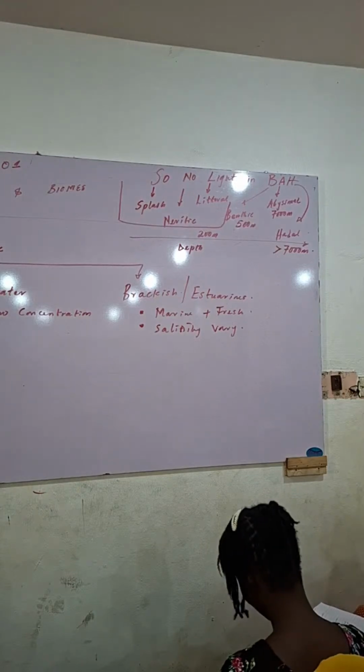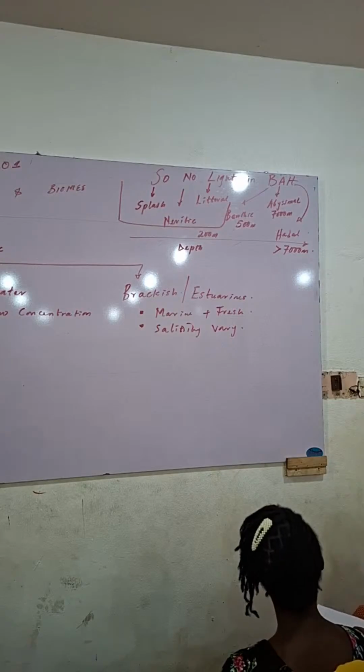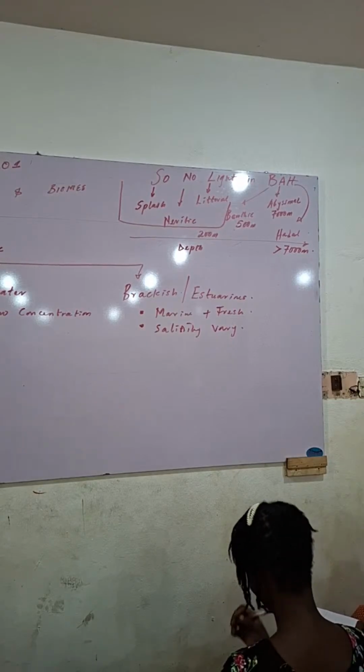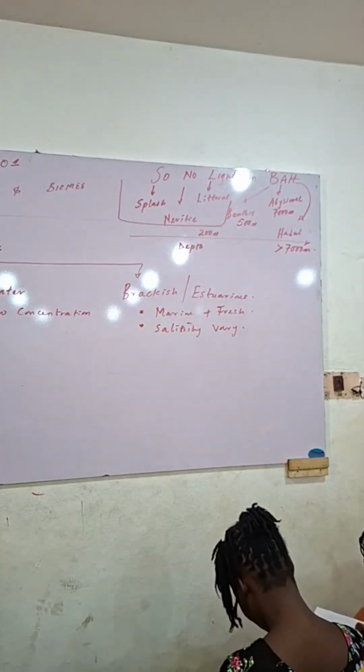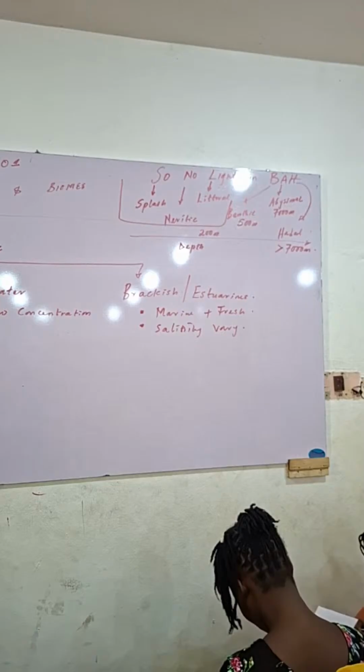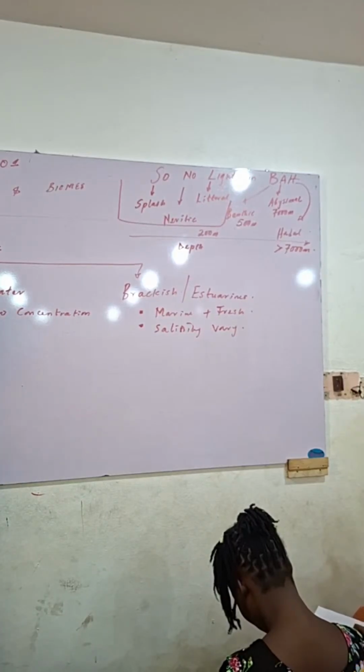Then based on light, we still have zones. Based on can light get there? What type of animals do you have there? Then we have three types of zones again. Those ones are EDA. Based on light, we have the